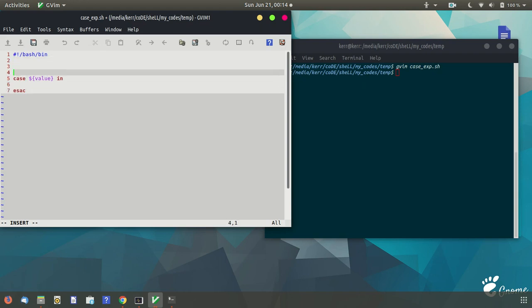So we have to take the value from the user. Enter an alphanumeric character. Okay, now read the input.